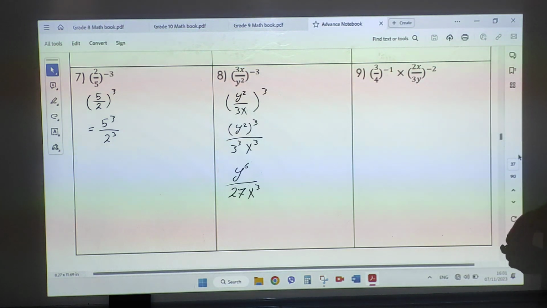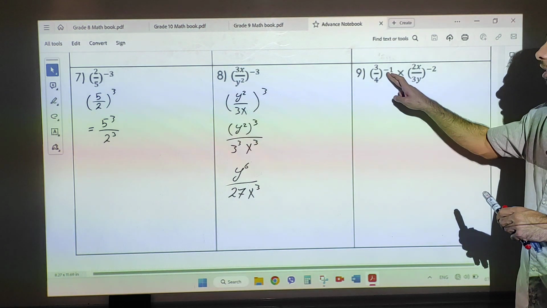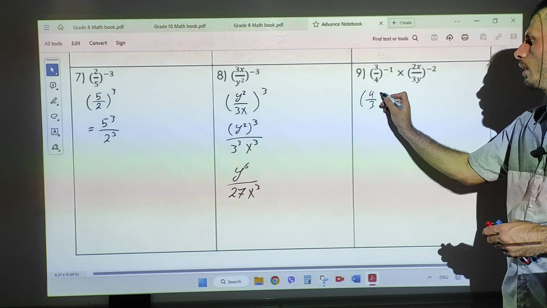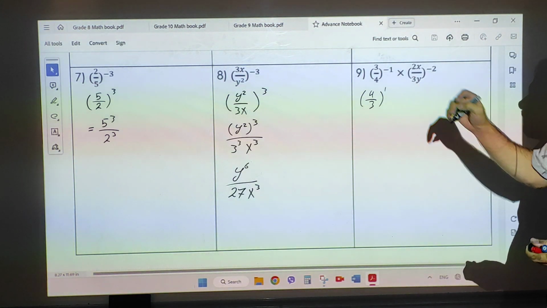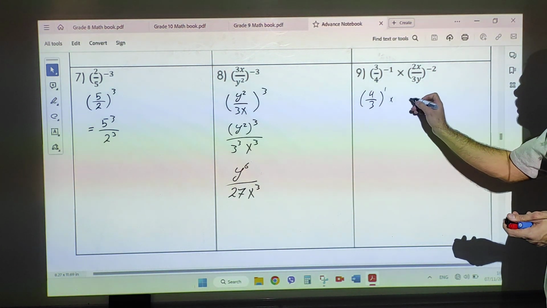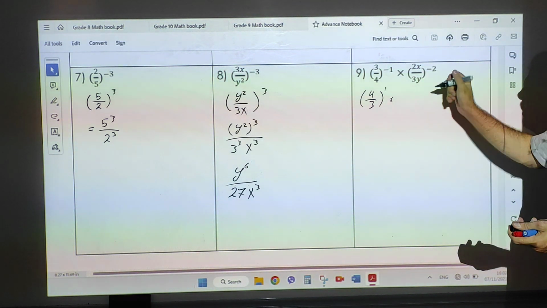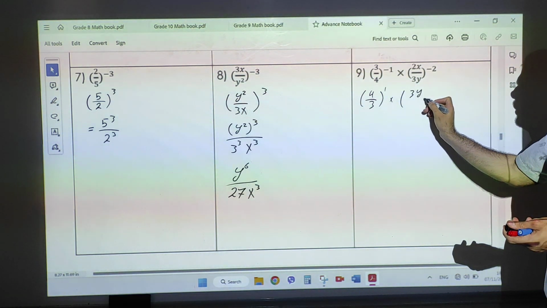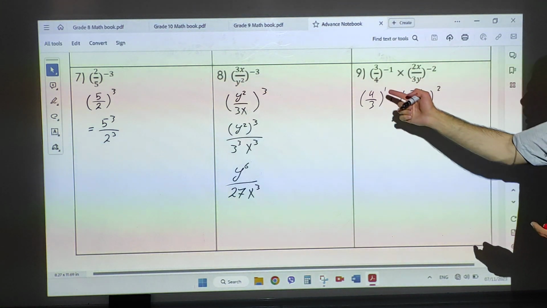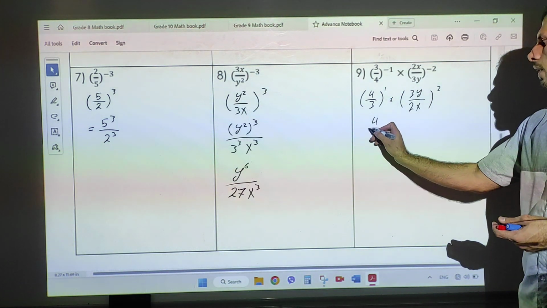In number 9, we have 2 brackets. We solve each one of them, then we see if we can simplify, otherwise this will be the final result. We have power negative 1, we flip the fraction, which will be 4 over 3 power 1. Power 1, you can even leave it without writing, multiplied by, because we have power negative 2, we will make it 3y over 2x power 2. 4 over 3 power 1 means just 4 over 3